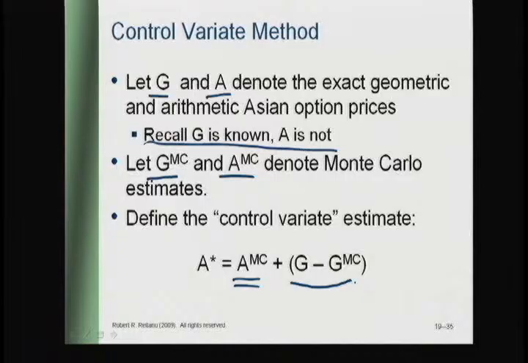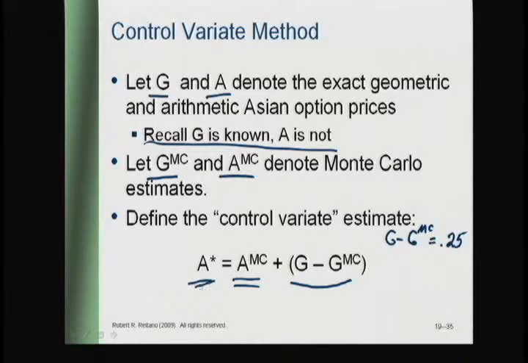Imagine two situations. One where G minus G_MC is equal to 25 cents. So I implement 10,000 paths, and I find that the Monte Carlo geometric Asian option is 25 cents less than the right price. And so what it's saying is, add 25 cents to your arithmetic Monte Carlo estimate,